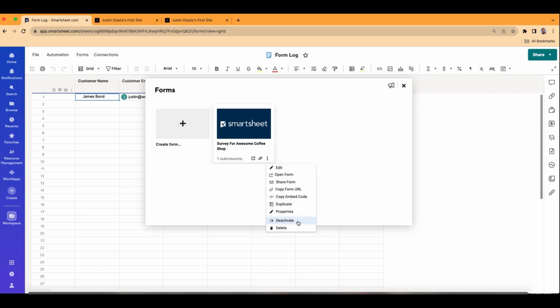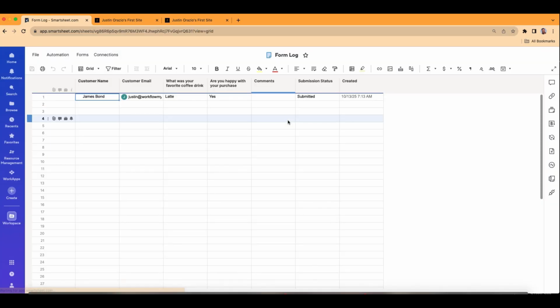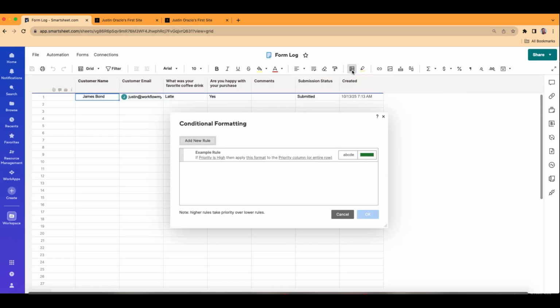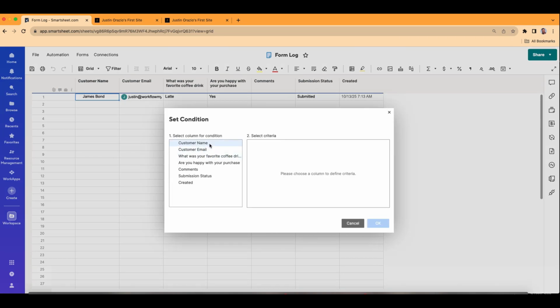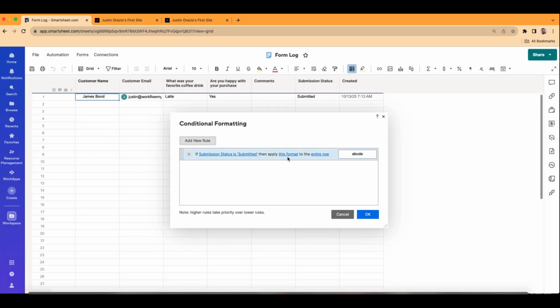So maybe you don't want to delete it, but you don't want to use it right now. You can deactivate the form. All right, so let's pretend that we got our form submission going on here and we want to manage it. So maybe we want to do some conditional formatting. When we click here where it says conditional formatting, add new rule, maybe set a condition when submission status is submitted, we want it to be yellow,